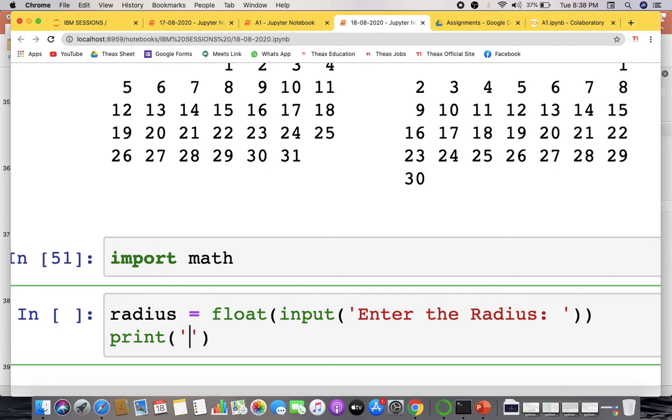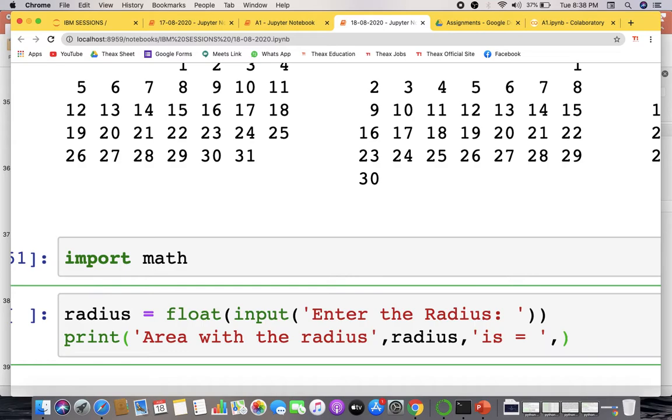To print out the area. So print area with the radius, give a comma, put the radius, again give a comma. This radius will give the exact value of the radius the user has given. So area with the radius is equals to, then give a comma and then write this area